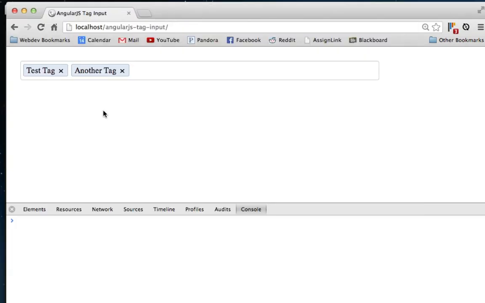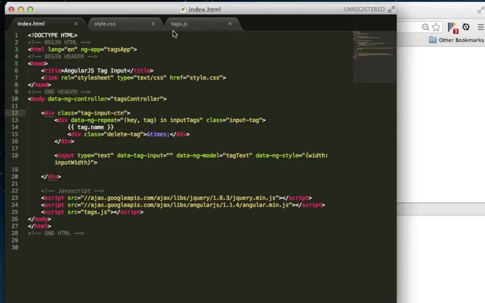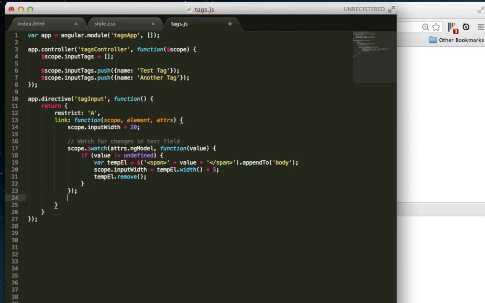Alright, so we're almost done here. The only thing I've done now is just add a little border to these tag elements. And the only thing we have to do is now bind or have a thing so that whenever we type here, we press tab or enter, a new tag gets created, and have the ability to delete these tags as well. So what we're going to do is in our directive here, we're going to bind two